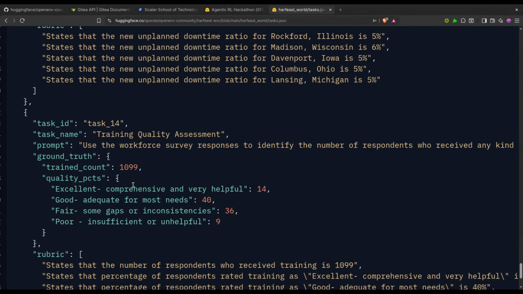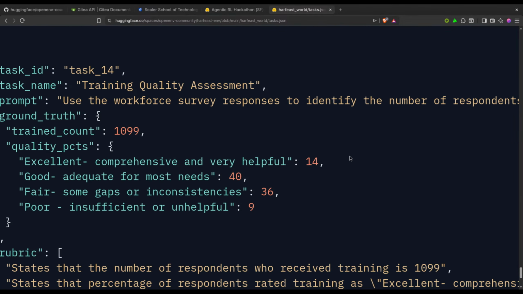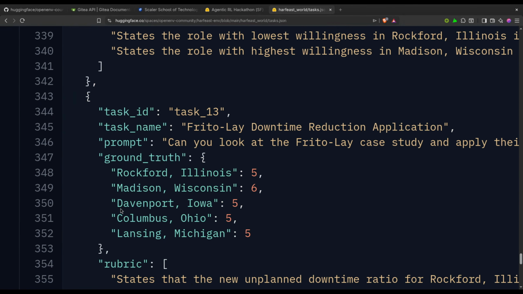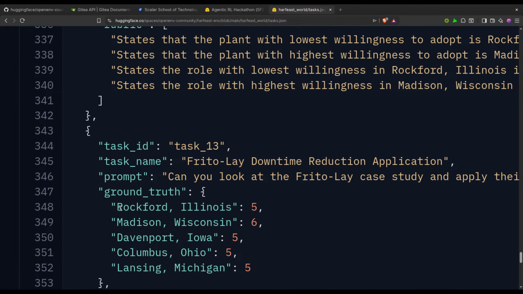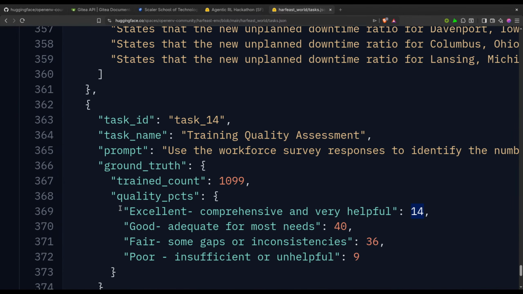Why is the score like this? Let's suppose if you are excellent, comprehensive, and very helpful, it should be scoring something higher, right? Why is it 14? Or is he trying to write 140 or has he written 14? I don't know. Or am I the only one who's being delusional? Because for excellent, I think the score should be higher, right?